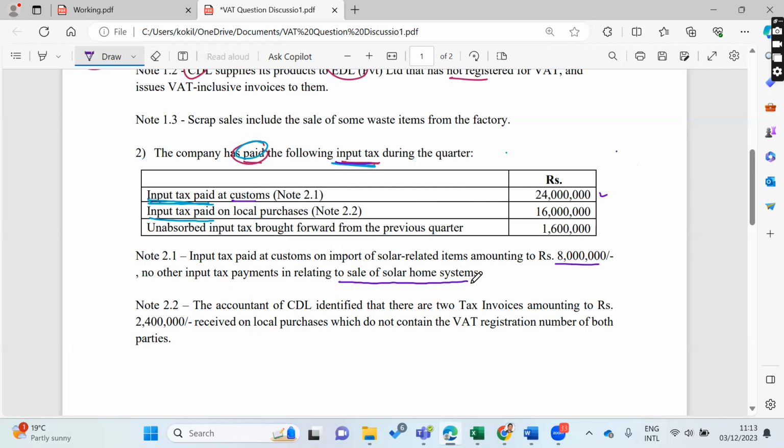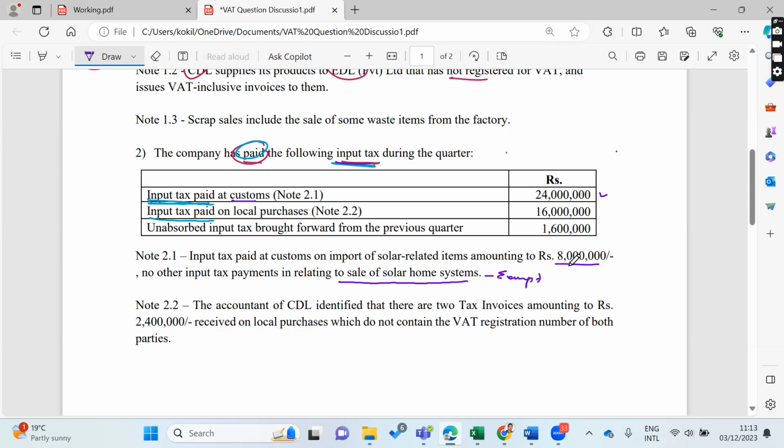Here, it's also another indication given for you to think this is exempt. Because solar, as I said previously, if it is not mainly connected to the business and some other business is also included in the question, you have to think twice. Here also some further information is given: you can't claim input on exempt supplies. You can't claim the input VAT paid on purchases relating to exempt supplies.